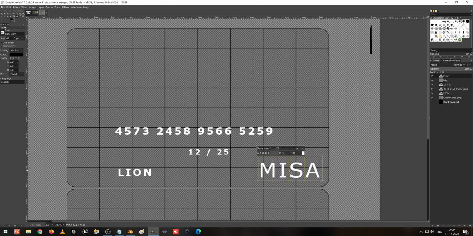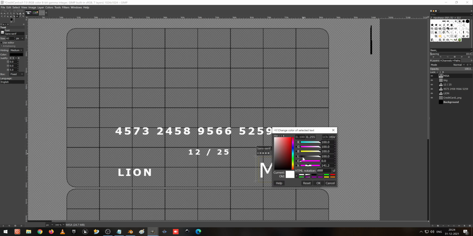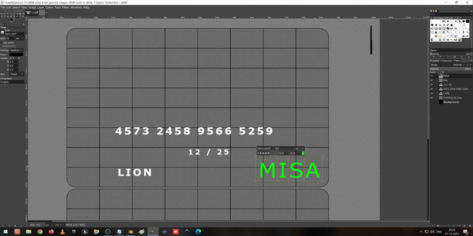Okay, and this color I'm going to give it as 00FF00. So make it green. Okay, fine. Why I'm giving green, I will guide you. What is the reason?